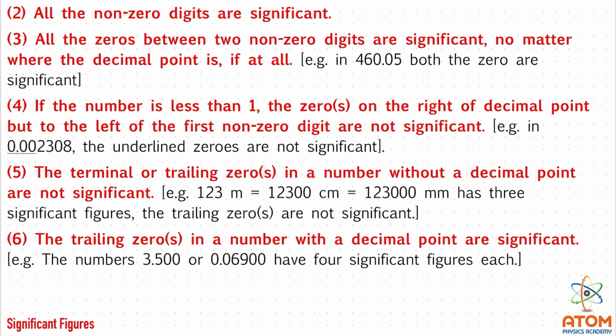Again, why is it so? Because if you are writing 3.500 instead of just saying 3.5, that means you have measured this 0. By some instrument, you have measured up to these zeros. It means you want to say that it is exactly 3.500. It is not 3.501. You have measured it and it came like 3.500 only. It doesn't come as 3.501 or let us say 3.499 or something like that. That's why you have written these two zeros and so they are considered significant.